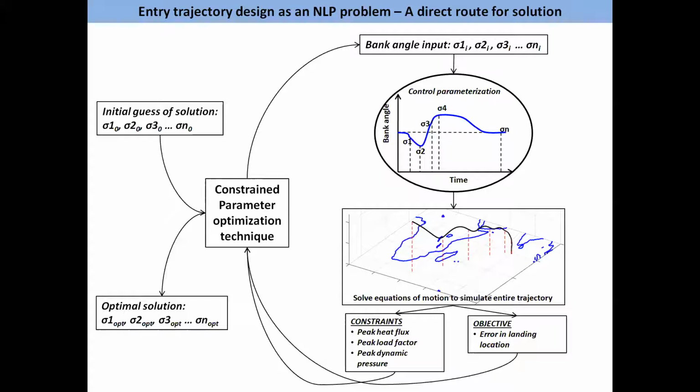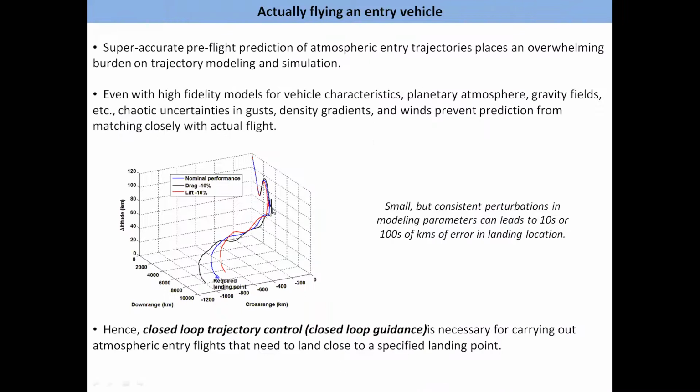Now there are other modes of direct solutions that are not this computationally expensive. In those methods, you discretize not only the control profile, you discretize also the trajectory. Those are called collocation methods. In fact, there are a lot of methods. These are just the basic things that you come across when you learn about re-entry trajectory optimization.